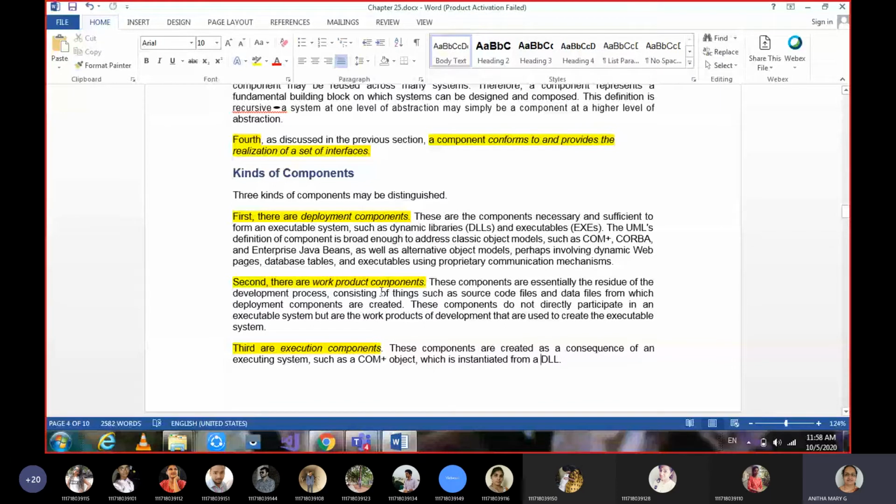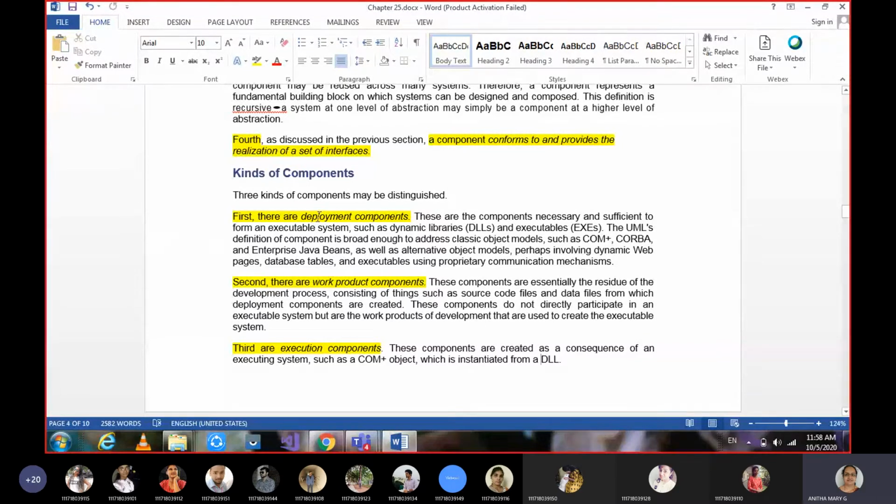Okay, moving on to the second one, work product component. Work product is nothing but the residue of the development process. In the development process, you may have some partial residues or partial end products. Such things, like source code and data files from which deployment components are created, are the residue of the development process.